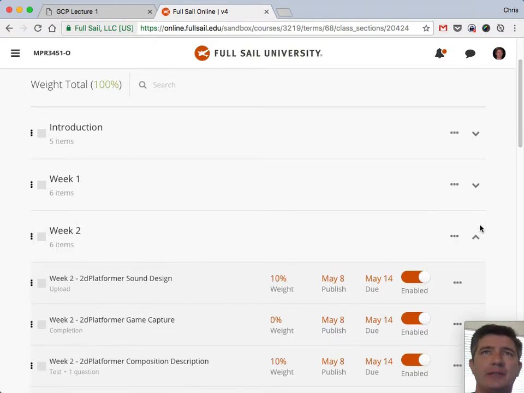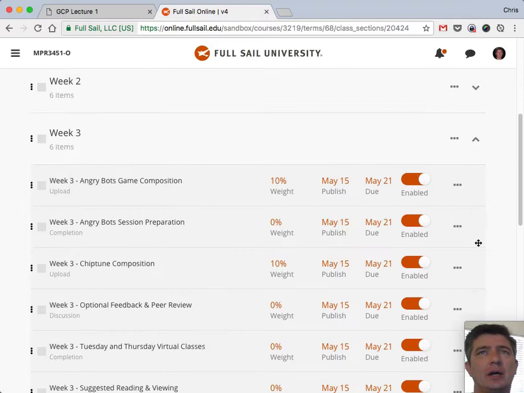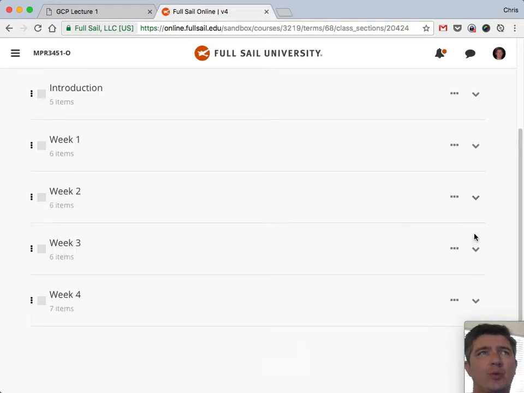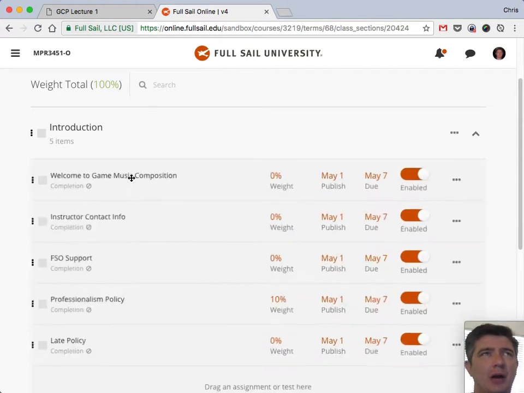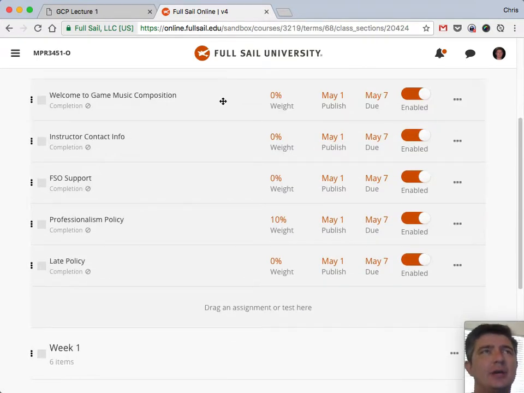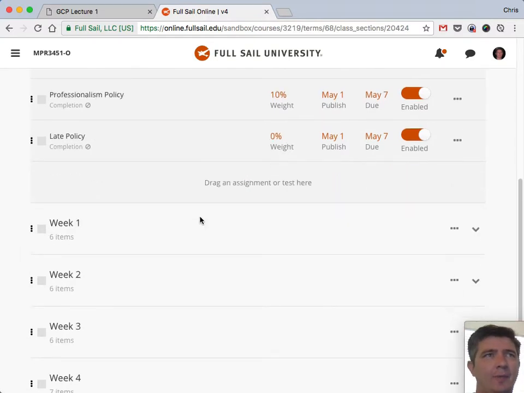Things are now divided up into modules, and you will find a module for each one of your weeks. There is an introduction module that has just completion assignments, which passes along information to you about the class, my contact information, and other policy information.